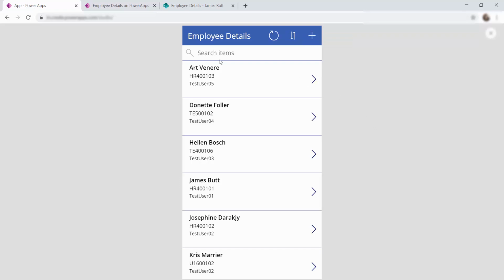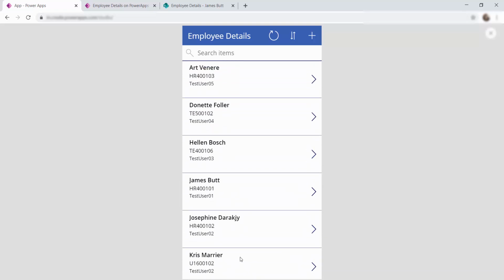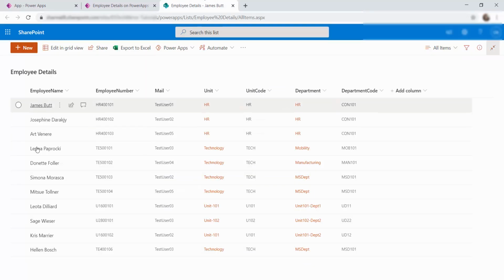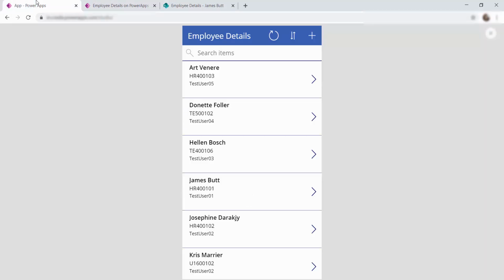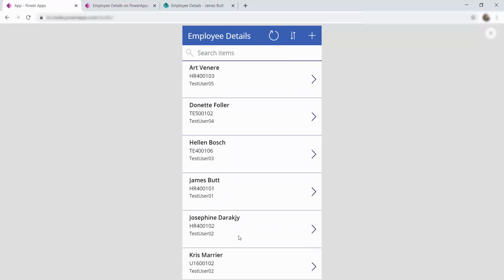On the preview, we are able to see the view screen, which pulls in all the details that I have in my employee details list. So I have the option to refresh it, sort it, and add a new item.